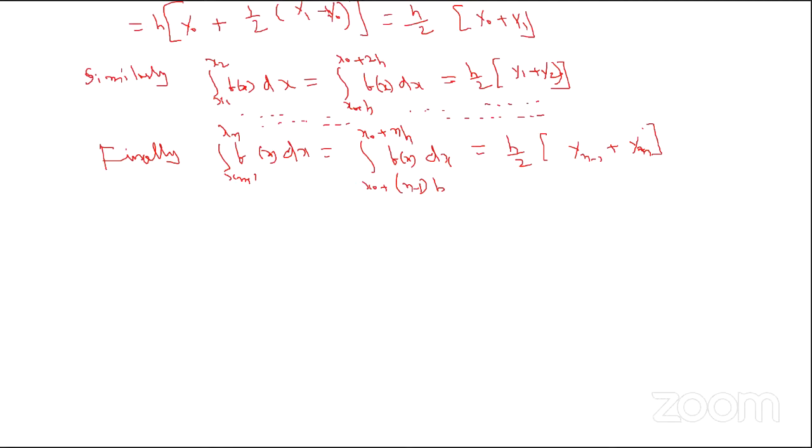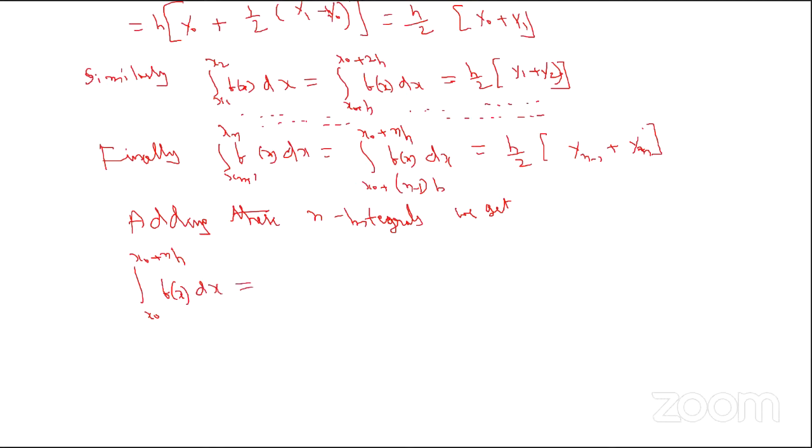So adding these n integrals we obtain: the integration from x naught to x naught plus nh of f of x dx equals